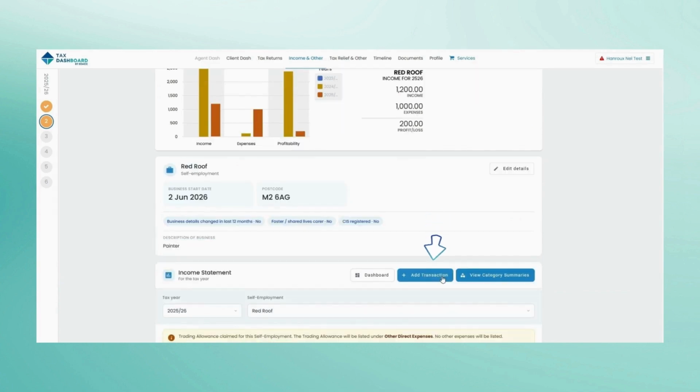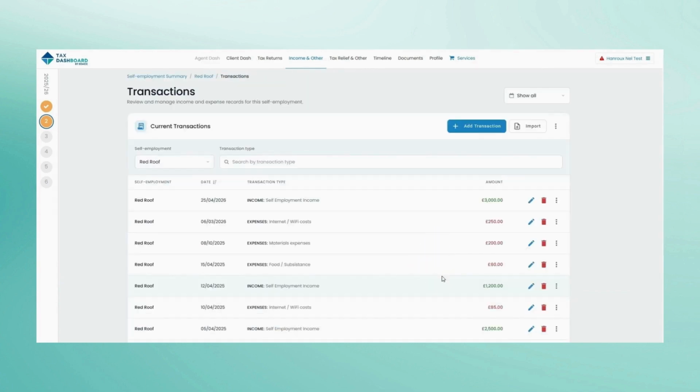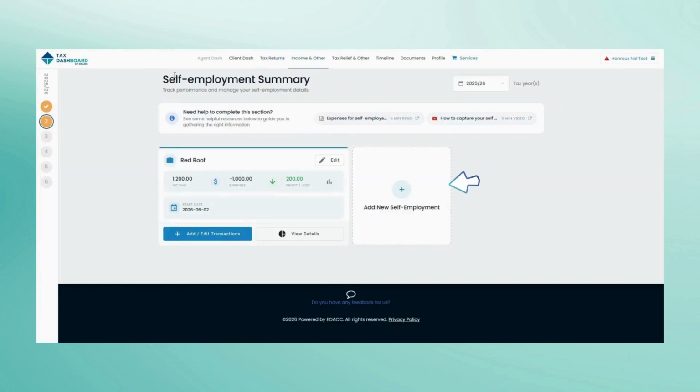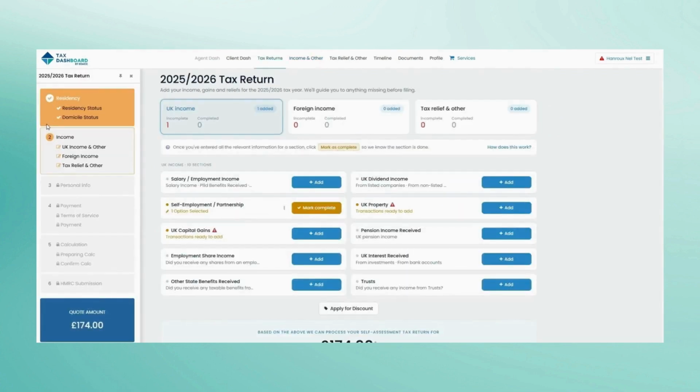Click here to edit or add a transaction. Click here to view your tax return submission process. Here you will be able to navigate back to add another source of income. If you have more than one source of income for self-employment, you can add it here to separate your income and expenses per business. Here you can see your personalized quote to have an accountant review and submit your return